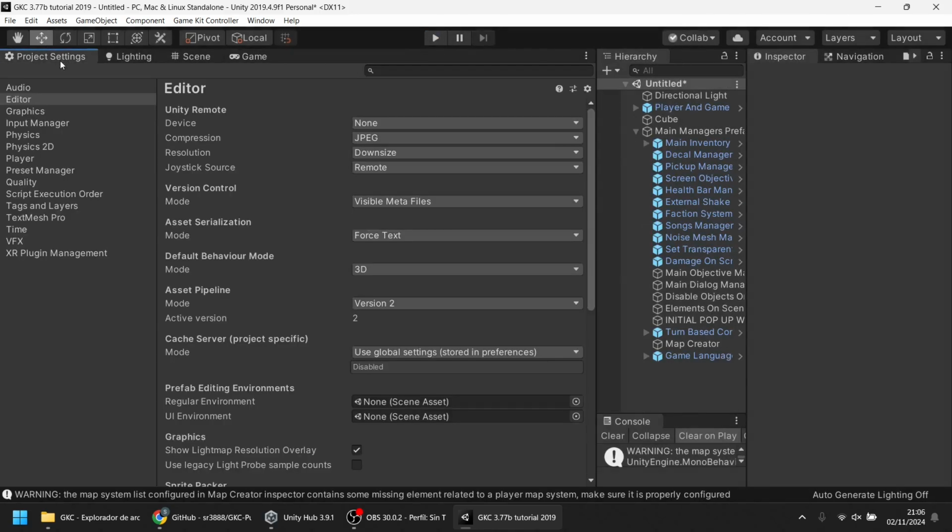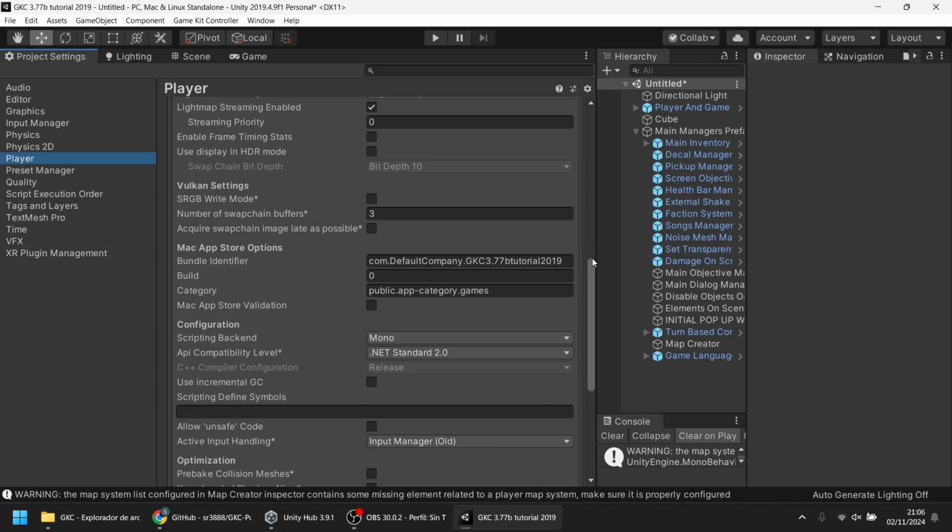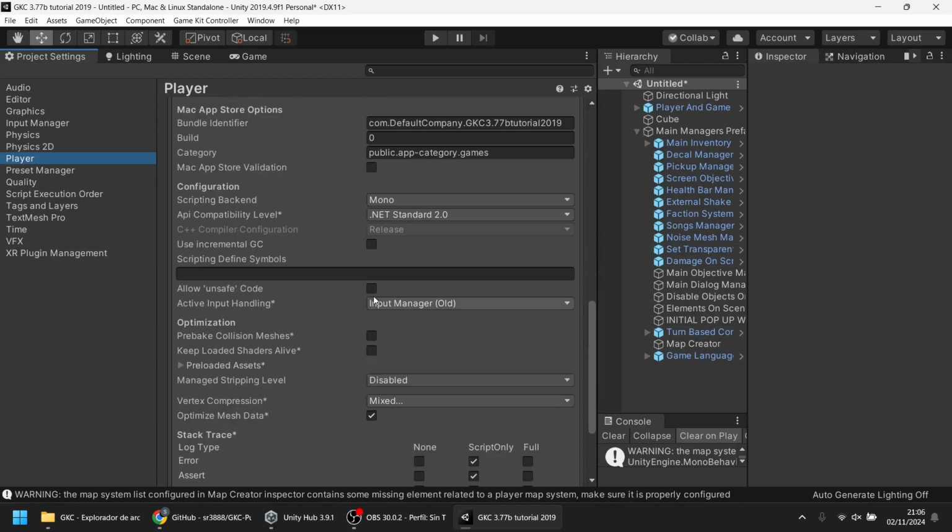Another interesting thing about the input, for example, is that in player window, you can go here and check that the input manager used by default is either the old one or it uses both.